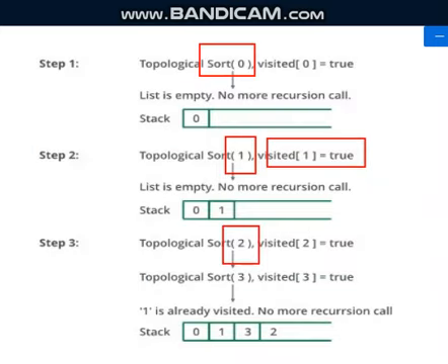See, this is what we have done. From 2 you are recursively calling 3. From 3 you will recursively call 1, but 1 is already visited. So no recursion. So that is the reason you will put this 3 to the stack. From 3 again you will go back to 2 and put that 2 to the stack, because from 2 you don't have any further calls. From 2 you can reach only 3. So no further calls. So you put that 2 also to the stack.